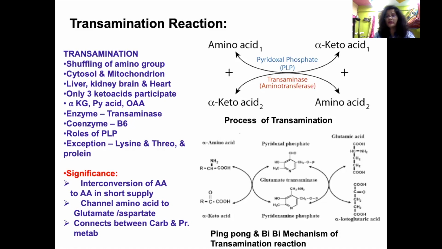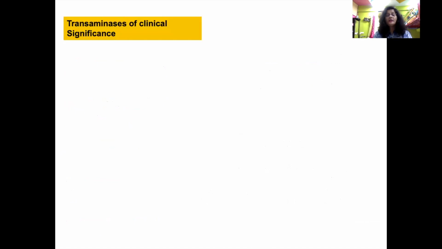Now, the third important significance is that the transamination reaction connects carbohydrate and protein metabolism. We know that in the TCA cycle there are keto acids. These keto acids undergo transamination to form different amino acids. So it is a connection between carbohydrate and protein metabolism. Let's see now